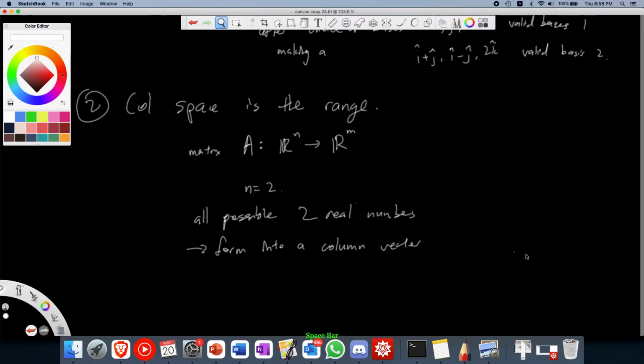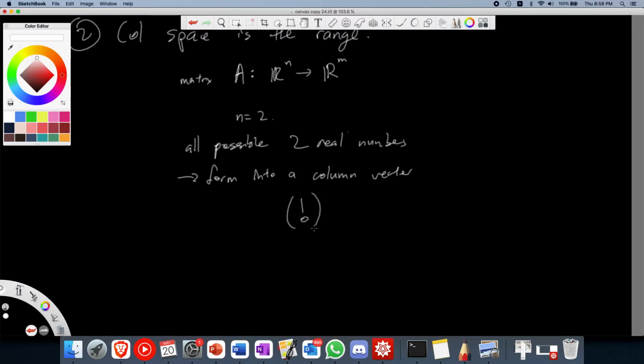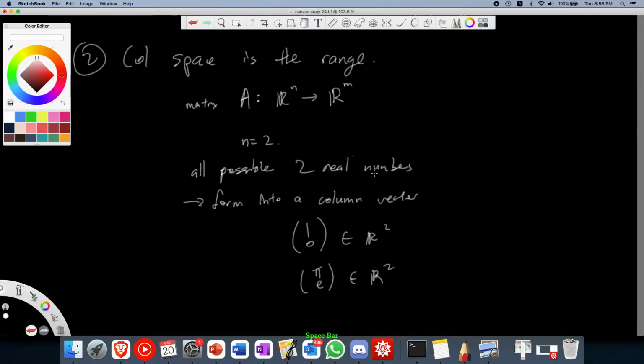So for example, (1, 0) would be inside Rn, same as (pi, e) would also be inside Rn, where n is 2. Okay, so we think of all the possible 2 real numbers and we put them in a column vector format, and then we apply